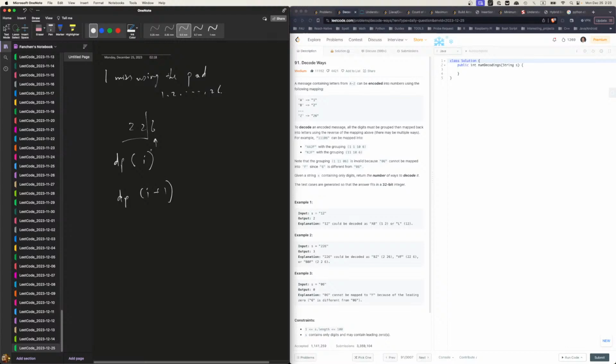Well, first of all, we can decode this one, right? So it's however many, so it's gonna be dp[i], if it's not 0. If it's not 0, whatever the number of ways previously that I had, then I can do this. So plus dp,